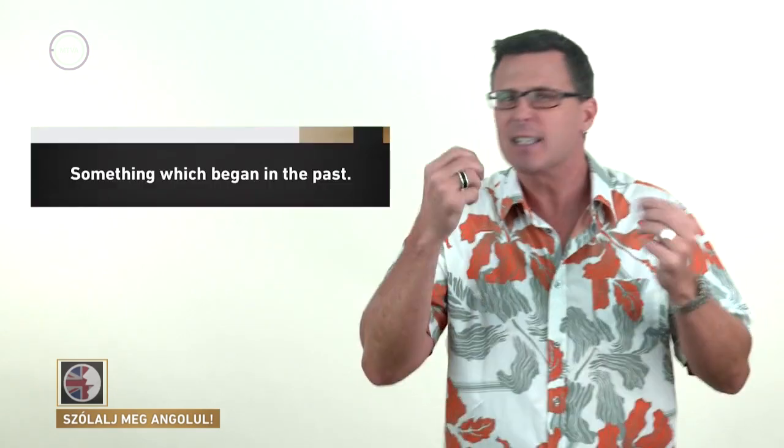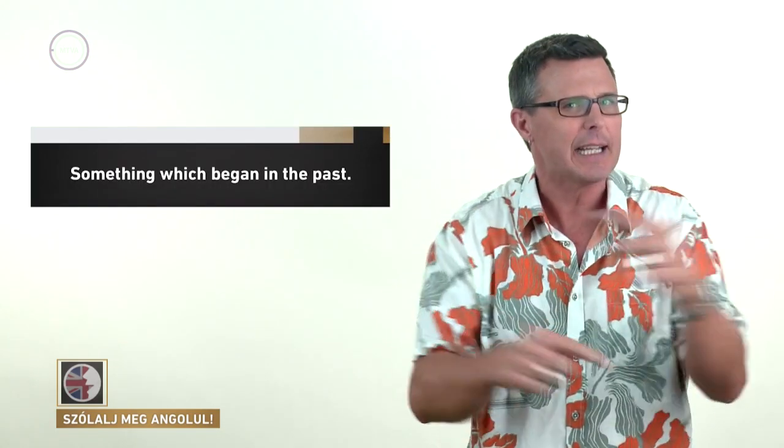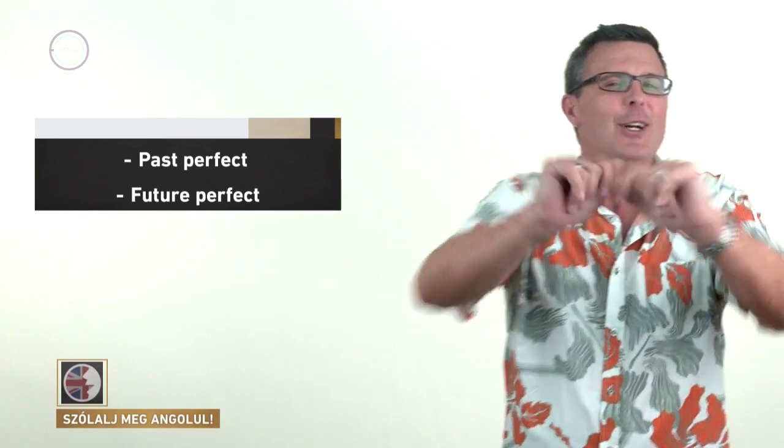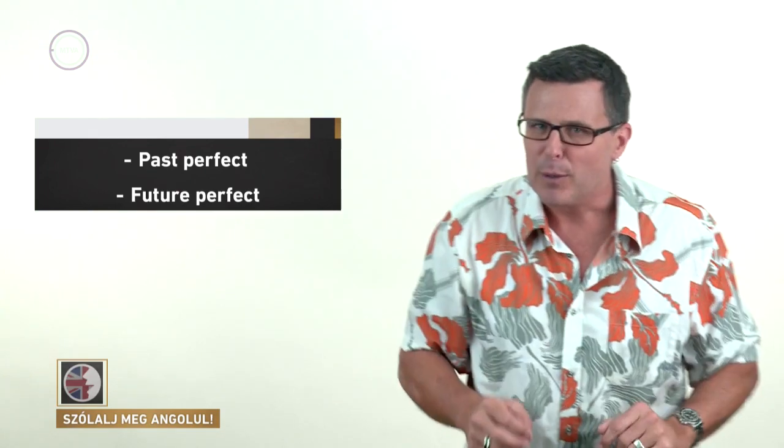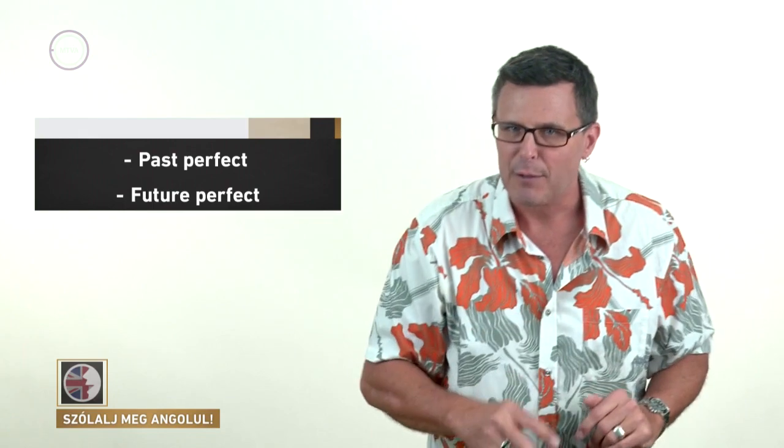When we're talking about a perfect tense, we are not saying that this is the best possible tense. No, don't be silly. In English grammar, all perfect means is that there's some connection to something which began in the past. That's all. All right, so when do we use it? Well, as I just said, the idea of a perfect tense, and yes, there's more than one. In addition to the present perfect, we also have the past perfect and the future perfect, but don't worry about those. At the moment, we're only concentrating on the present perfect.